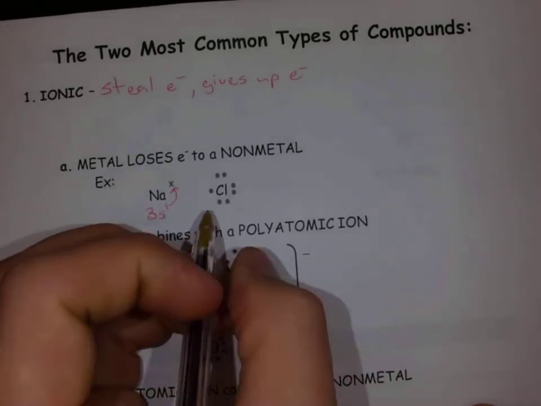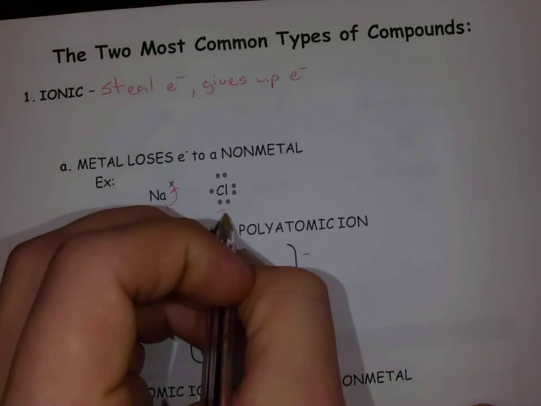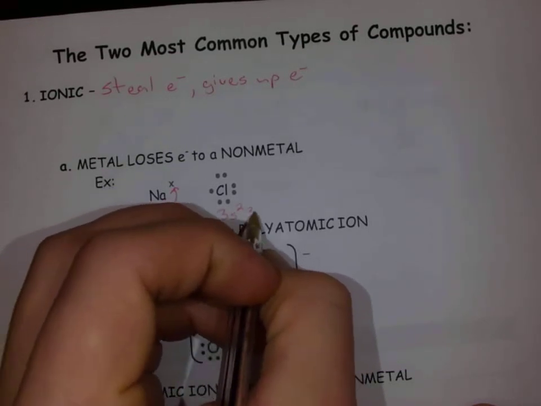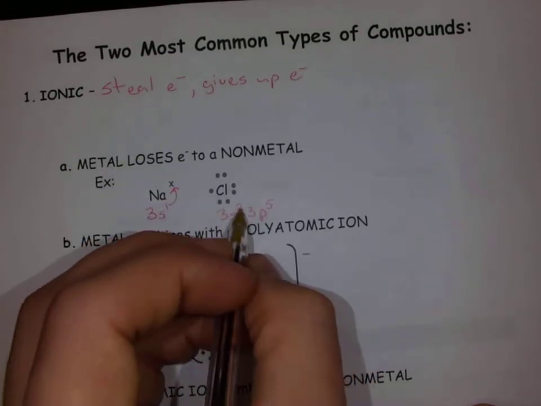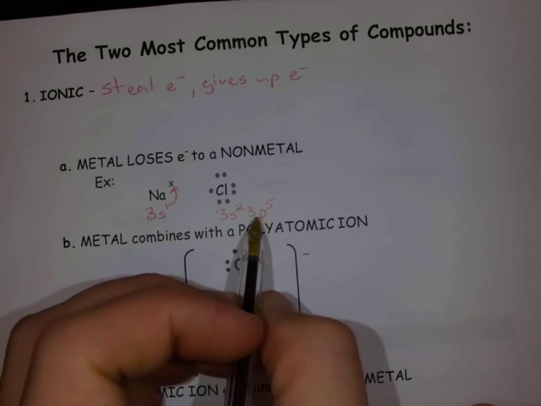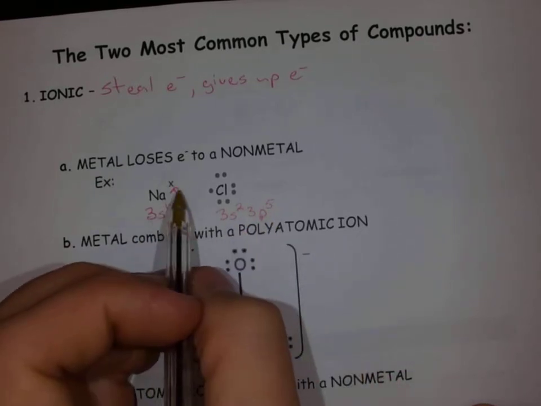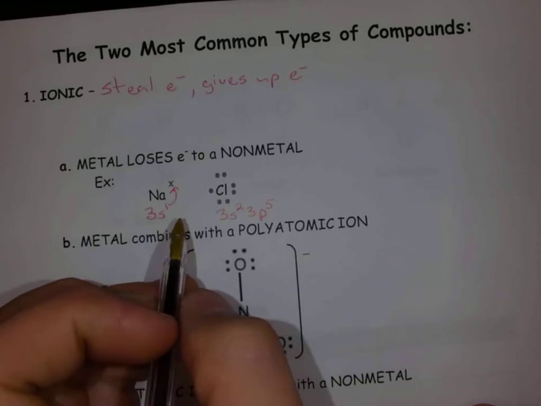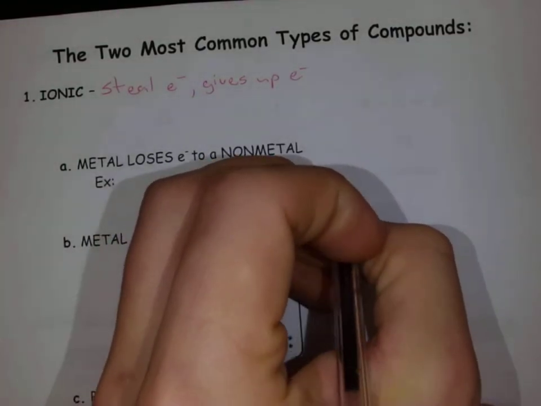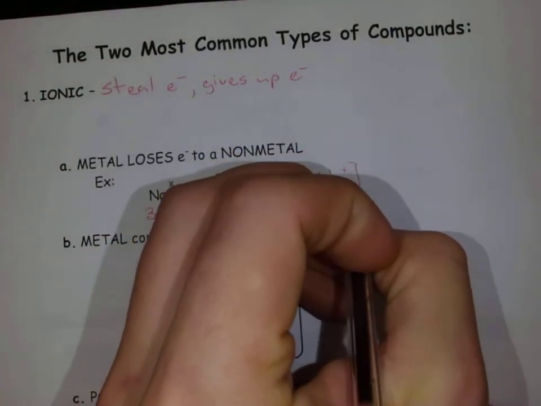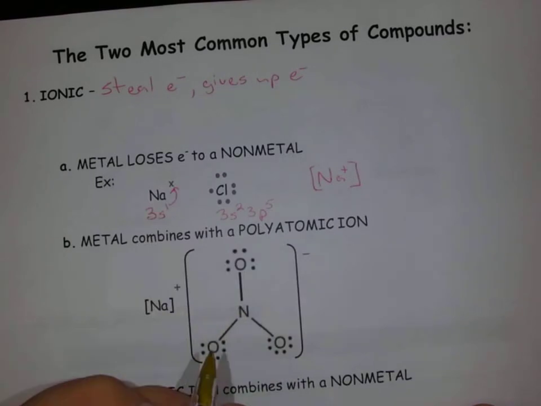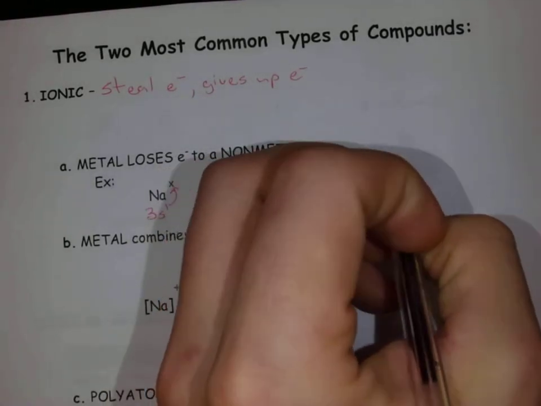And our valence electrons for chlorine would be 3s2, 3p5. So it's got 7 electrons in there, and it is like, give me one more electron, I want to be an octet. So it's going to steal that electron from sodium and become Na+ in brackets, and then Cl